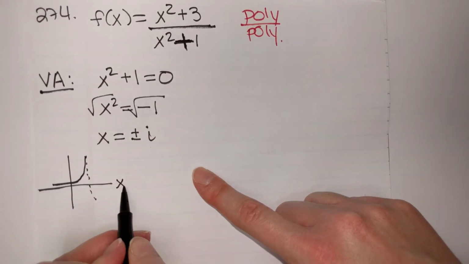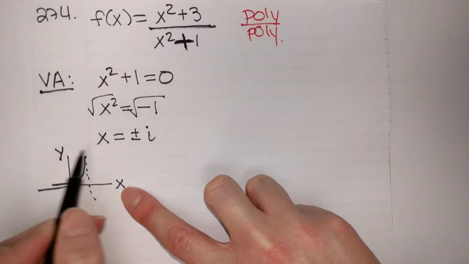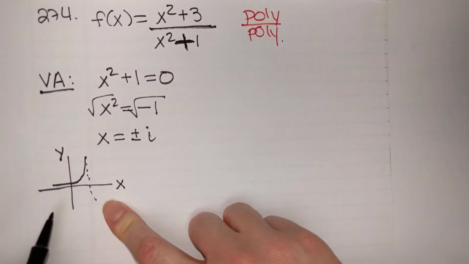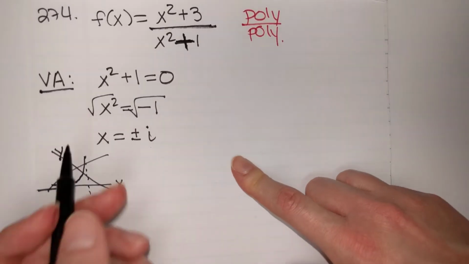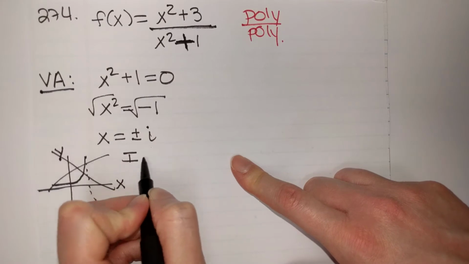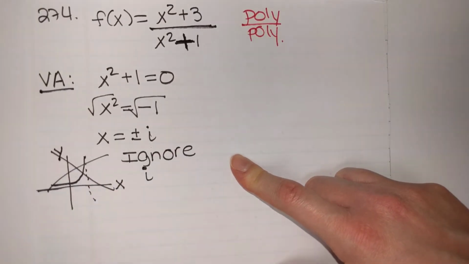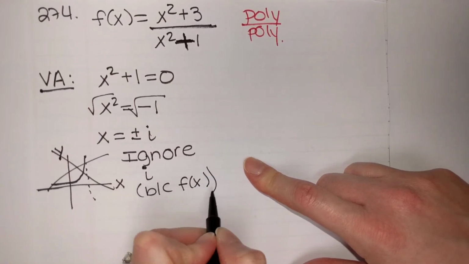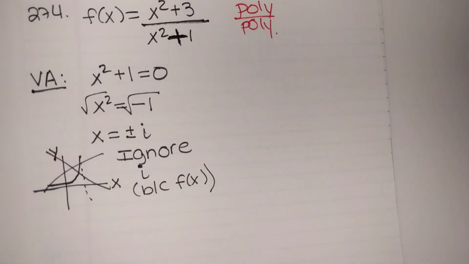And when we work through this, we're assuming that x is real and y is real. There's no place that we currently have on our Cartesian coordinate system for an i. And so what's going to have to happen here is when we get this i, we are going to ignore the i. And we ignore the i because we are working with a function f of x. So anytime you're working with a function, you're going to ignore that i because we're thinking about real input and